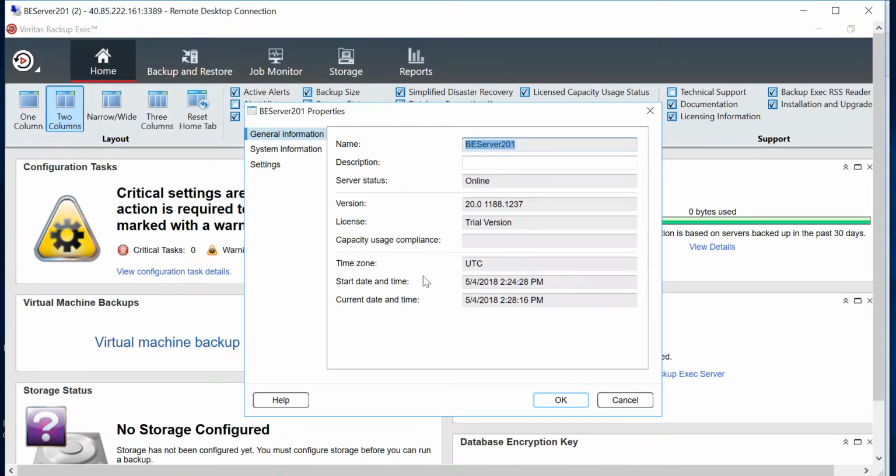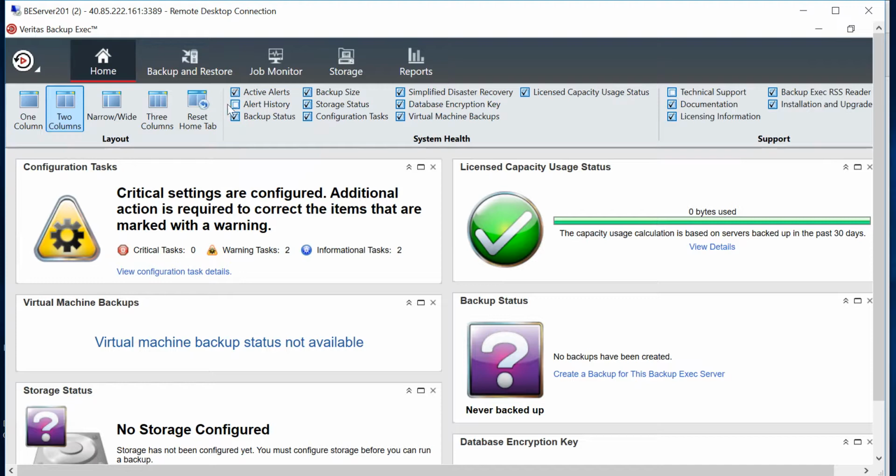If you want to look at the local server properties, you can do it. So you can see that I'm running version 20. That's the latest version which has been released by Backup Exec. Okay, so perfect. With this, we have successfully deployed Backup Exec version 20, and it took me just under 10 minutes to completely deploy this on my